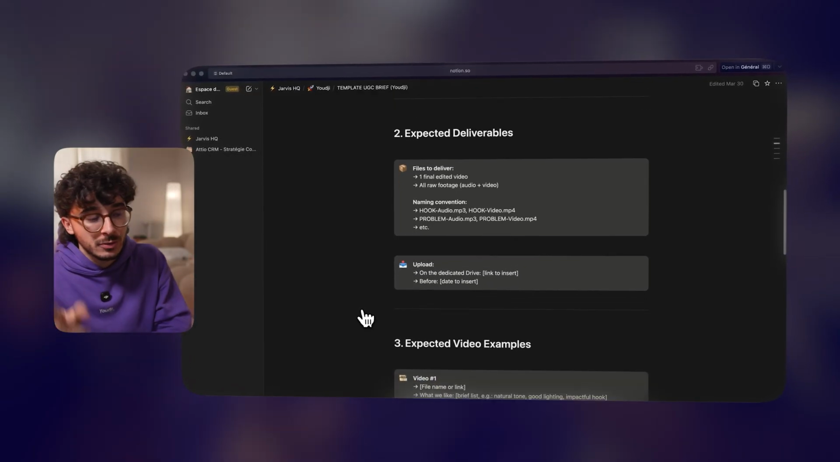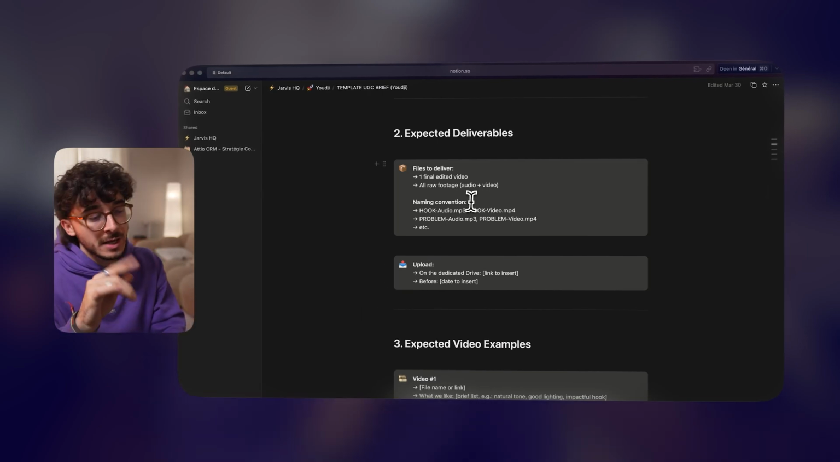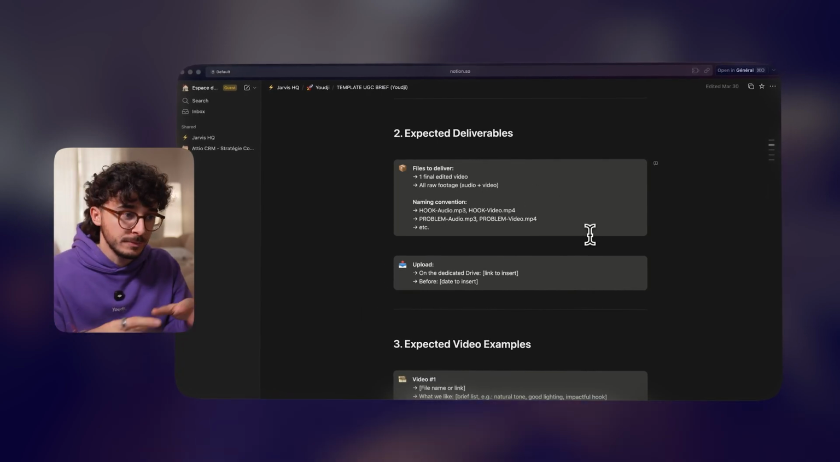hook-video.mp4, hook-audio.mp3, problem-video.mp4, whatever, just like naming. Why does this matter? Because when your editor gets the footage, they can instantly find the hook text, the demo text, the CTA text, no more digging through a messy folder of img_4397. And it also means you can mix and match, take the best hook from take 1, the best demo